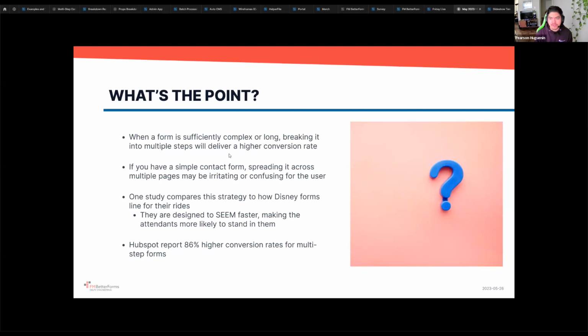Now, what's the point of using these multi-step forms? You want to use this type of form for sufficiently complex or long forms, and this is when you want to break it into multiple steps. This is used to deliver a higher conversion rate. There have been some studies that compare single-use forms or single application pages versus multi-step